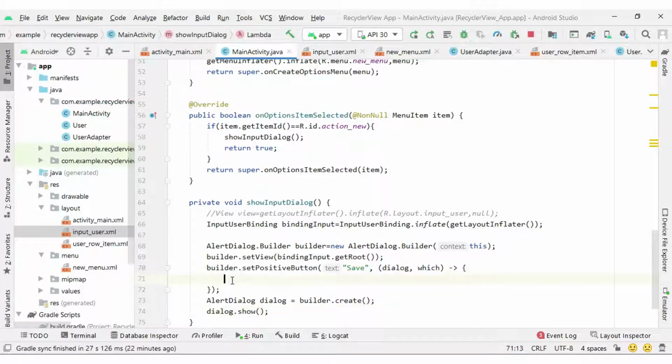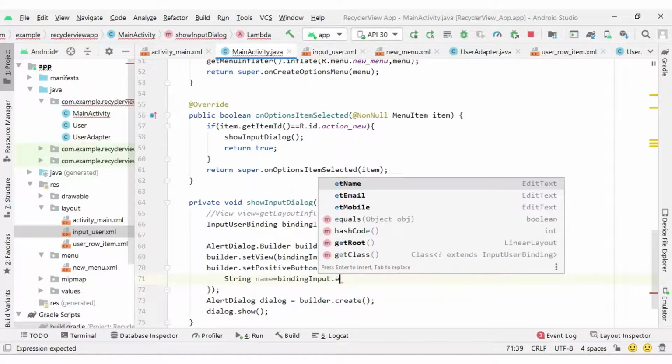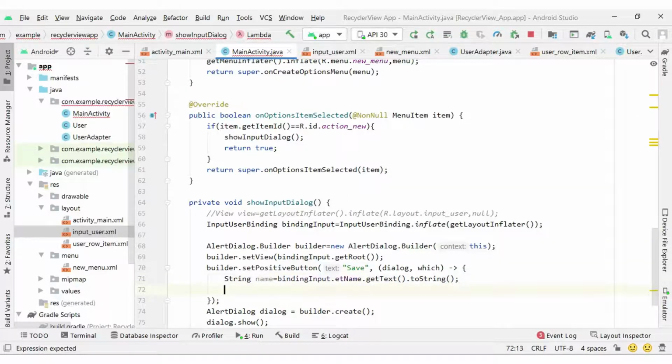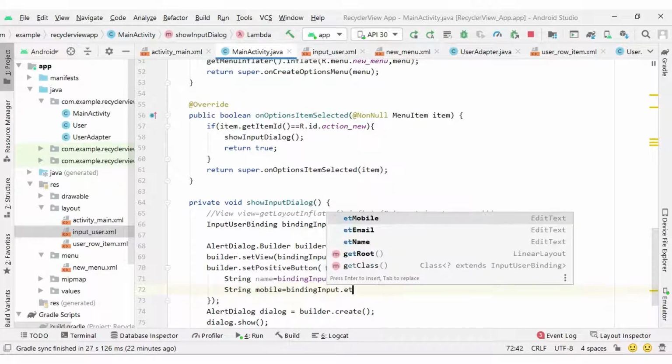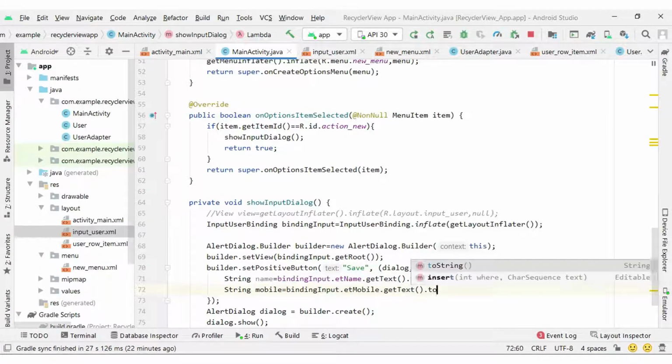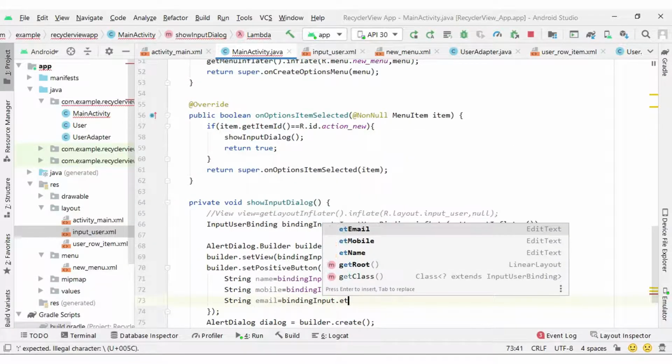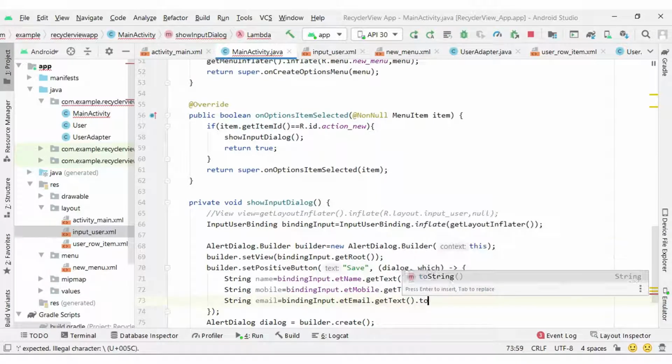Okay, inside the save button we can write the code to save the data that is filled up by the user. So here you can see I will get name: binding dot et name dot get text dot toString. Then after that, mobile details I can get, so et mobile dot get text dot toString, and email equal to binding input dot et email dot get text dot toString.